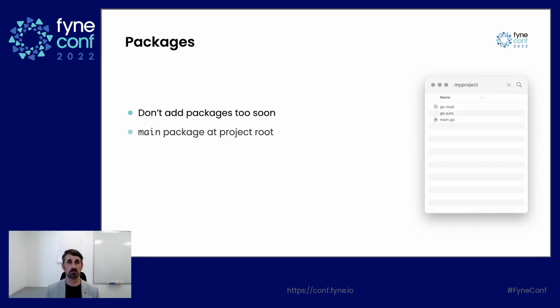The one thing that then leads you to is your main package should be at the project root. Simple, you have one package, it's the only directory. And so you would then have the Go module file that we showed before and your first Go file, main.go, in the current directory, which is the root of your project. This means it's really easy for people to discover and build your application. They don't need to know or to figure out which subdirectory it's in,